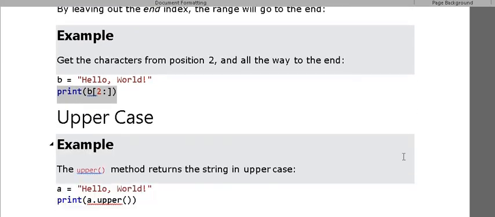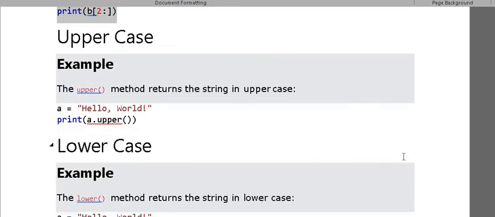Next, if I want to convert strings into uppercase in Python, strings have their own functions that convert a particular string into uppercase and lowercase. The upper method returns the string in uppercase.